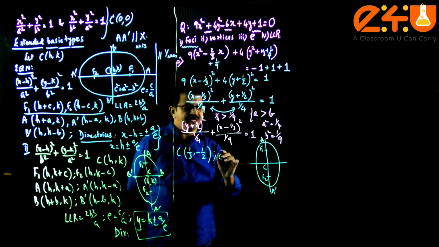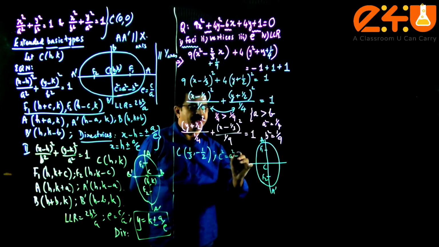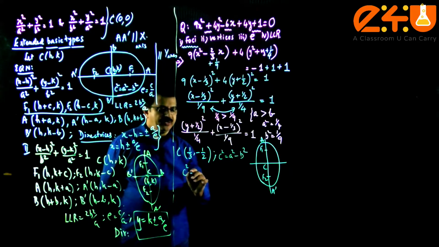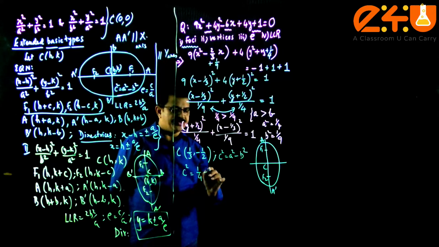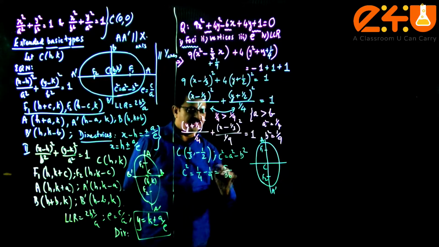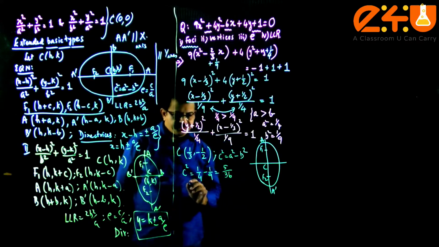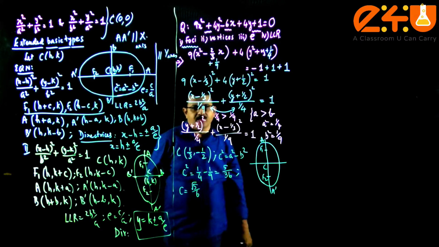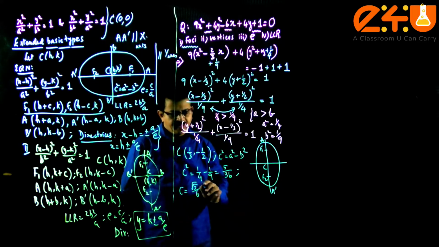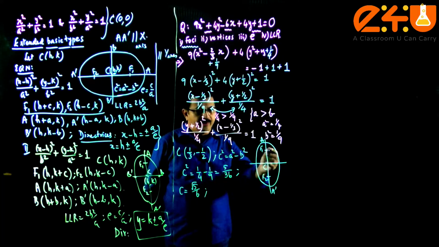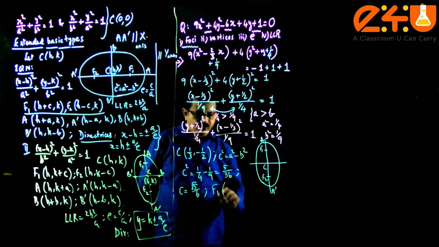So we should know c squared is a squared minus b squared, which means c squared is 1 by 4 minus 1 by 9. That means 5 over 36. So c value in this case is root 5 by 6. Okay. So because once you got the c value, we will be in a position to fix f1